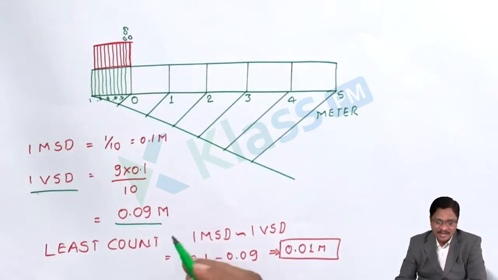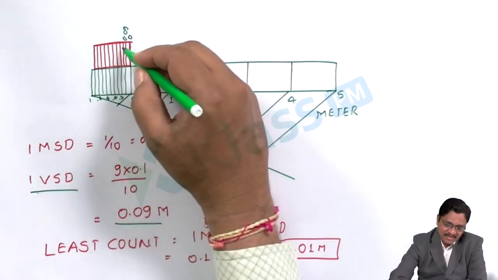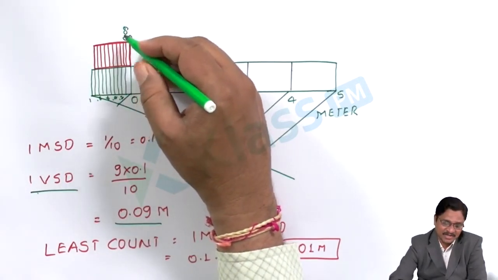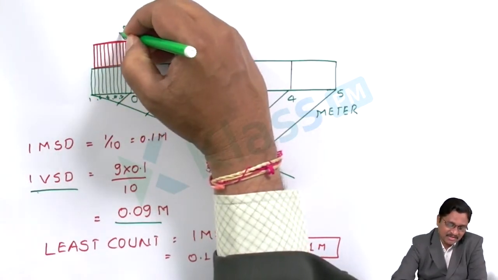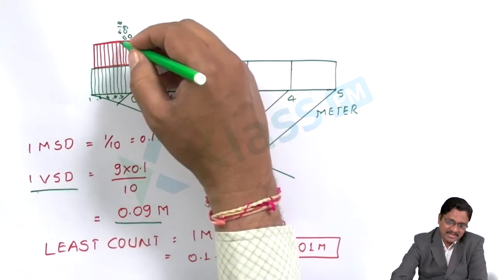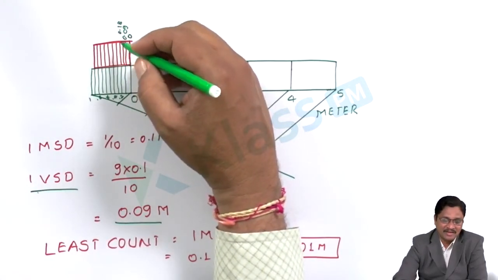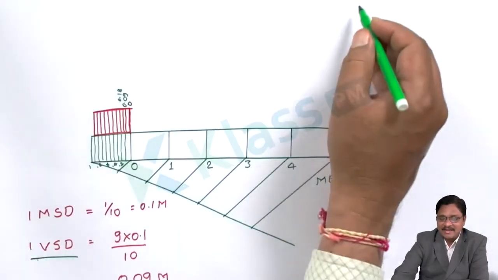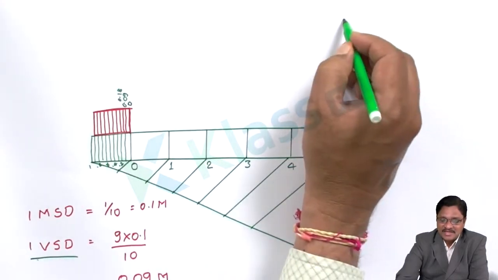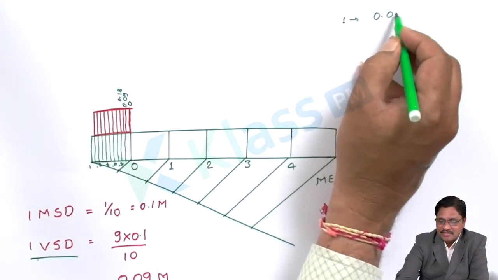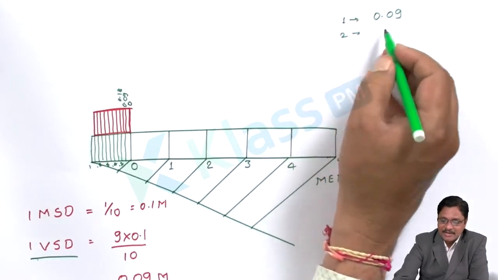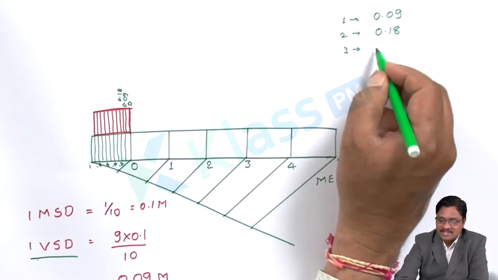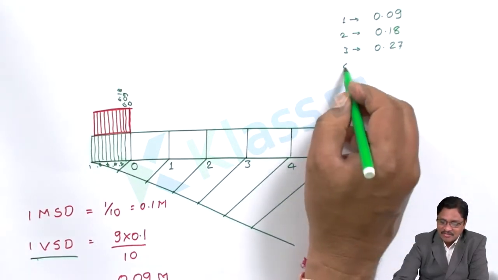So I can write here 0.09 meters. Next, similarly, for the second one you are adding 0.09, so 0.09 plus 0.09, that we get as 0.18. Next, adding the third one, 0.27, the fourth one. Like that I can number each division. Why? Because we are not accumulating here; I write each division value here. The first division value 0.09, second division value plus 0.09 means 0.18, the third division value plus 0.09, 0.27, fourth one